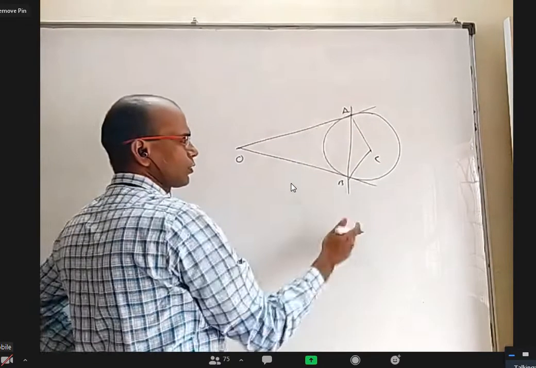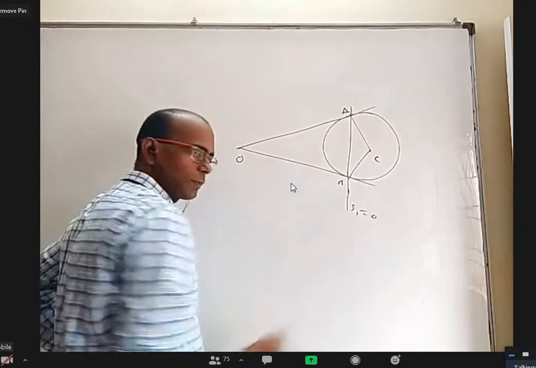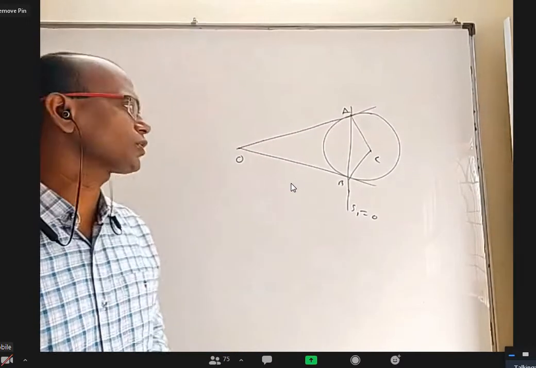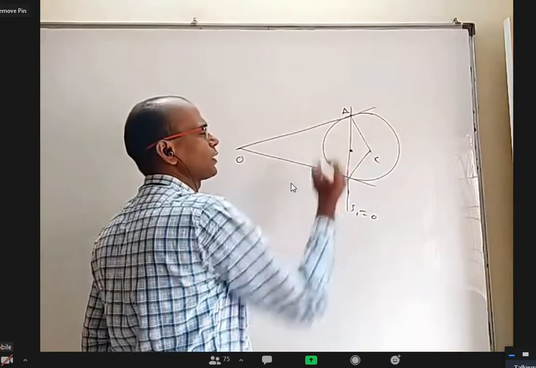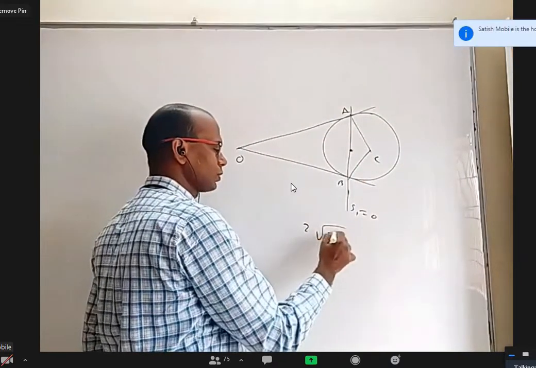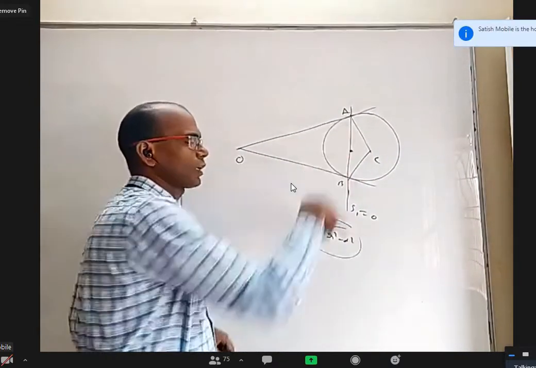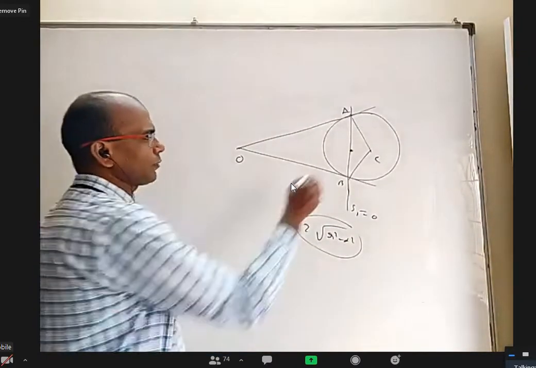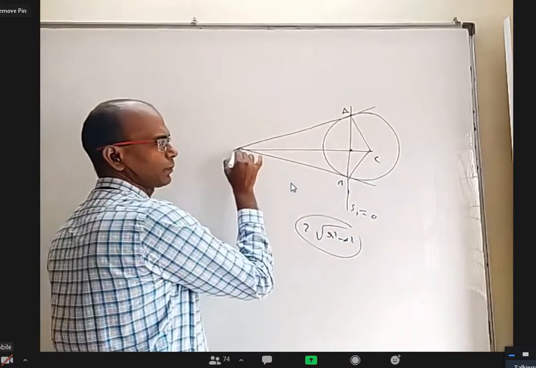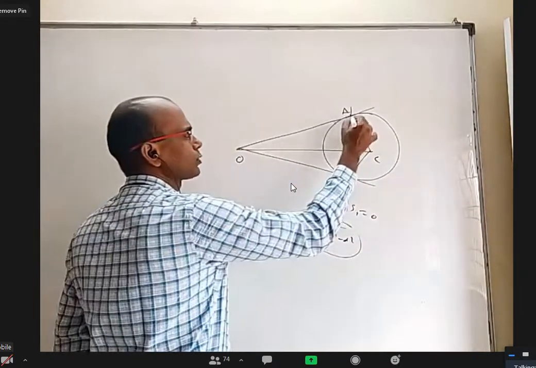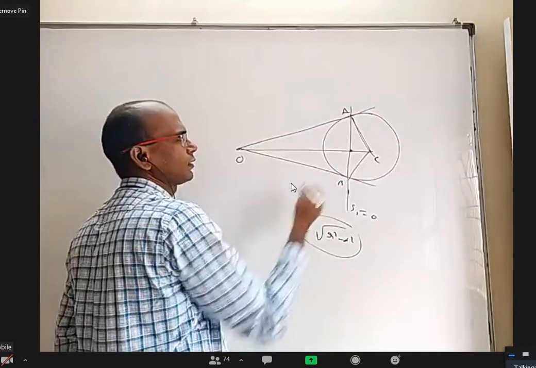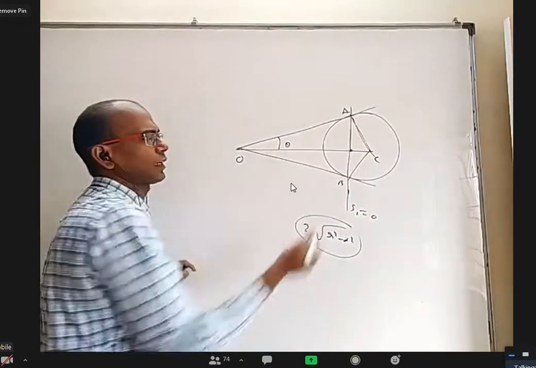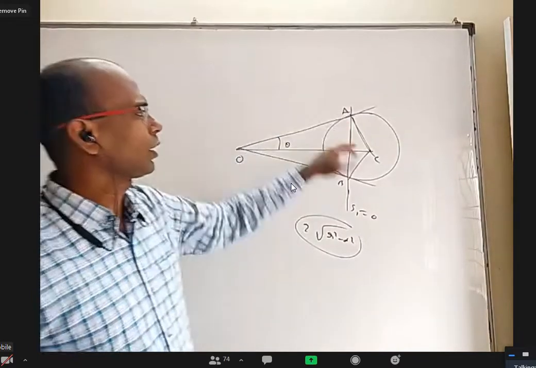Somebody says, first of all, you can find this by using S1 equal to 0, right? After that, you can even use 2 root R square minus D square. It is not necessary to find this point. You can use 2 root R square minus D square if you know the chord. We know the chord because you know the origin, you can do S1 equal to 0. One more thing, if I know this length, and I also know this length, I know this angle also.